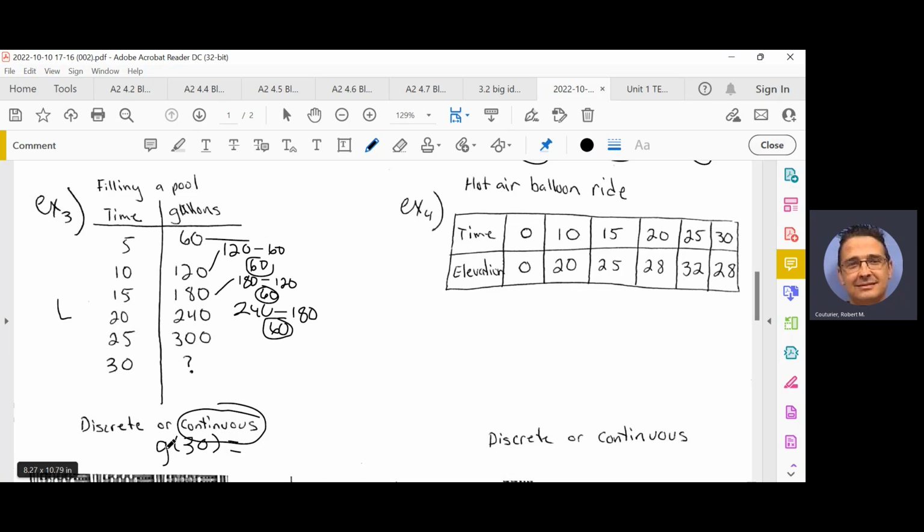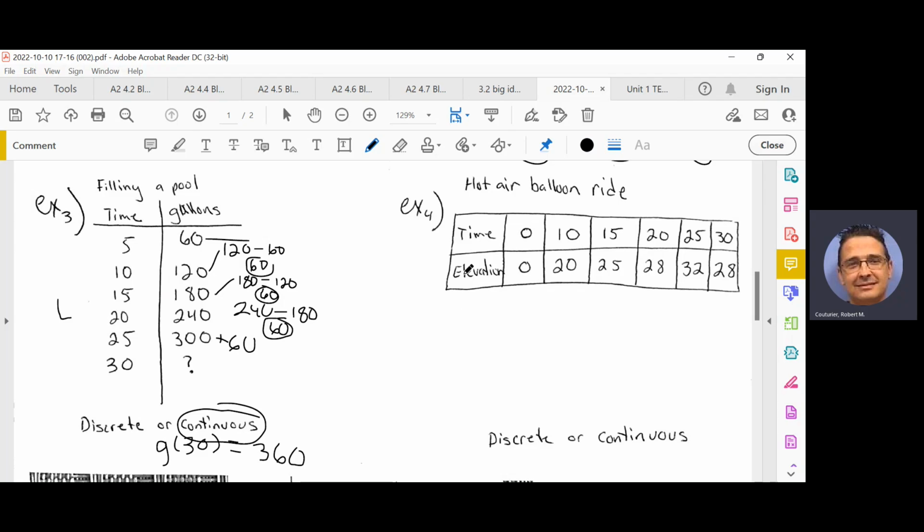And what can we do to find G of 30? Well, hey, look, we can figure out, well, what is the rate changing? The rate is changing by 60 every 5 increments. So from 25 to 30 is another 5 increments. So if you take 300 and you add 60 more to it, we get G of 30 is 360 gallons. So that pool holds 360 gallons, right? Interesting how these work. We can get a lot of information that we can pull out of this when we